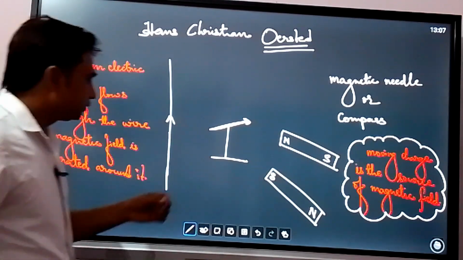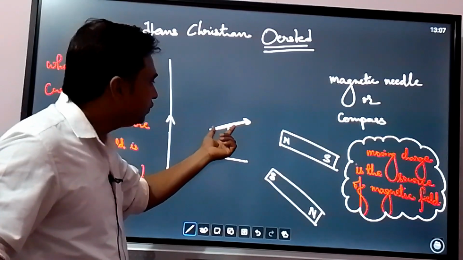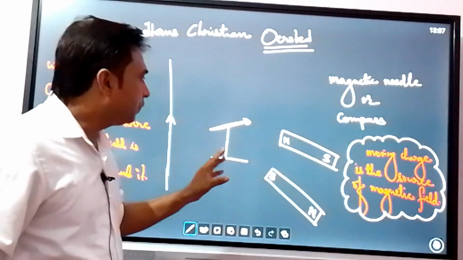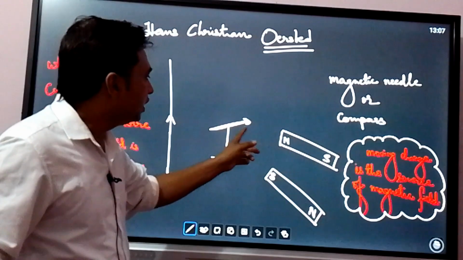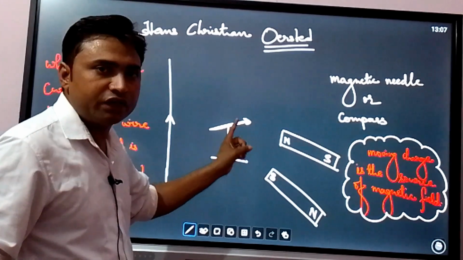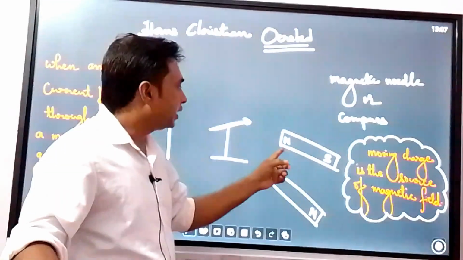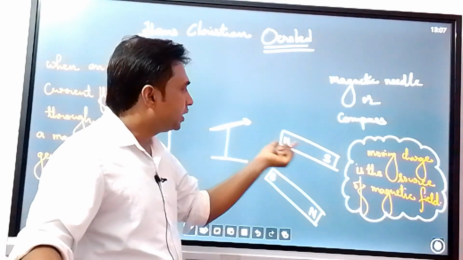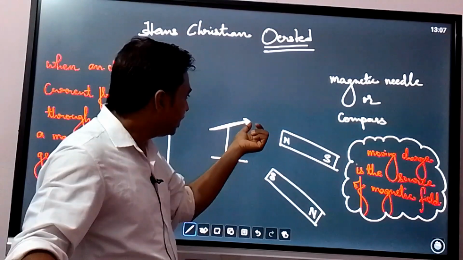So these magnetic needles will only deflect if a magnet is brought near them. If a magnet is brought near this magnetic needle, then it will show the deflection. Suppose I bring a magnet, its north pole is here and south pole is here, then it will repel